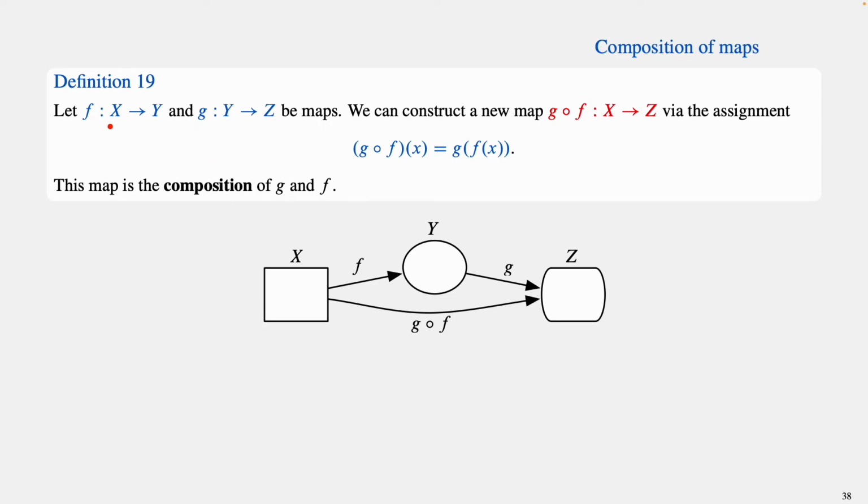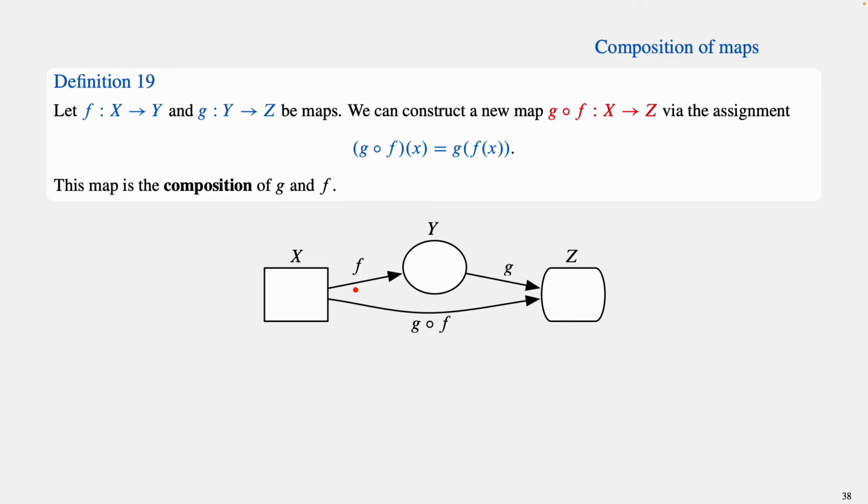If we're given two maps that are suitably compatible, we can compose them. So what does this mean? If I have a map f from a set x to y, and have a second map g going from y to z, then I can construct a new map g composed with f that goes from x to z